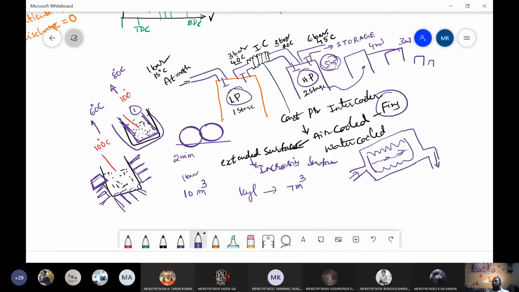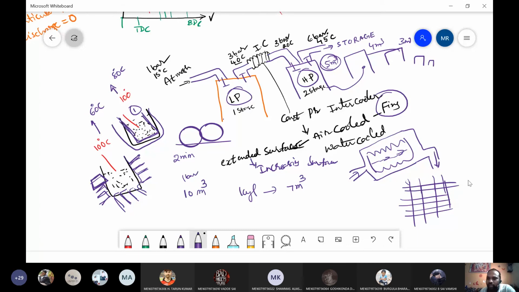Okay, if you see some of the refrigerators, if you go for Samsung, it will be completely encapsulated. We can't see anything outside at the backside except the compressor. If you go for LG or Whirlpool, the condenser is open at the backside. Some fin structure will be there at the backside. You can see a black mesh. Inside these pipes, your refrigerant is passing, thereby it will get cooled by using the surrounding atmosphere.